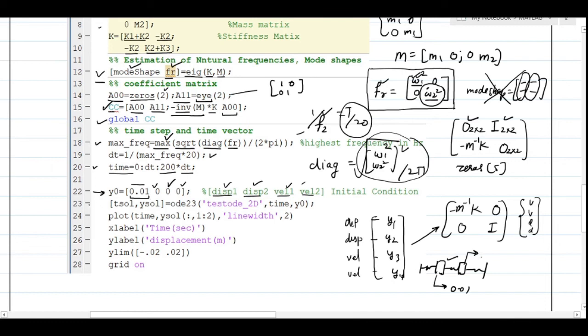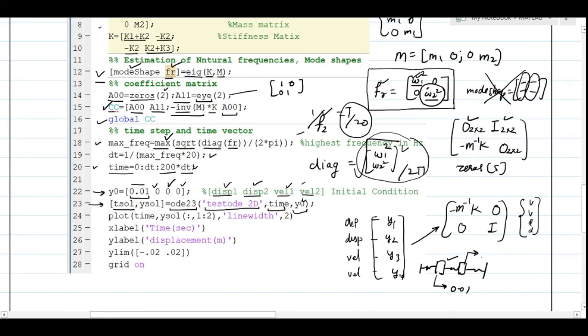And then line 23 is your standard MATLAB command, where you are calling the function ODE23, which is there to solve first order ordinary differential equations. This is the function. There you have created the ODE function which you are calling here. Then this function is taking the time value and initial value as input. So time is a vector and initial value is also a vector. These are the inputs, and it is giving the output T solution.